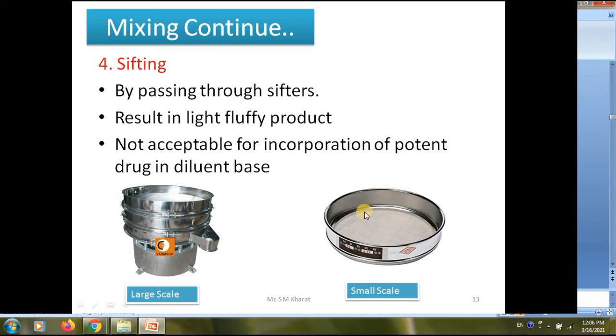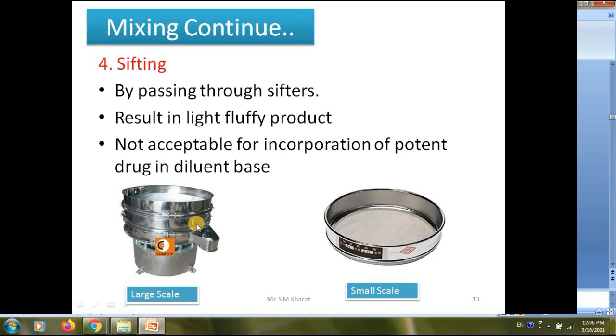Thereafter I will collect all the large particles, triturate them to reduce the particle size, and again pass them through this sieve. Fine, so I will get a good particle size below this sieve. So this is a small scale practical. This is your large scale equipment.